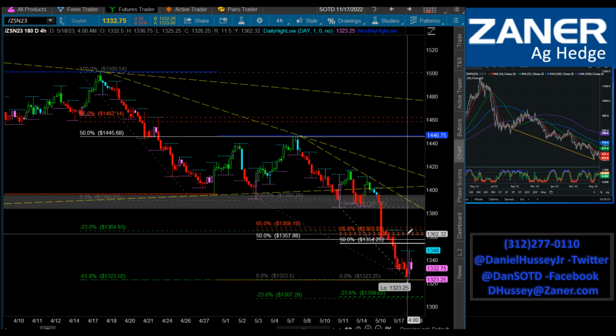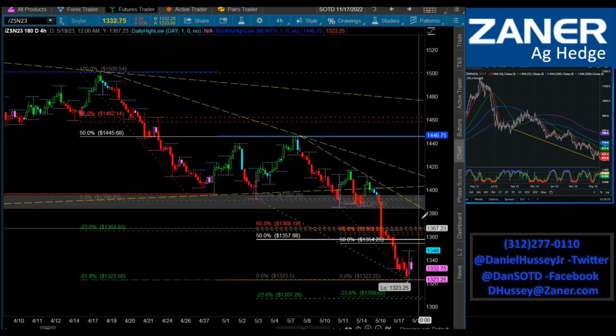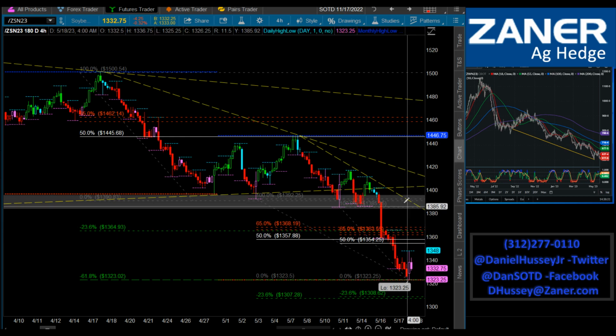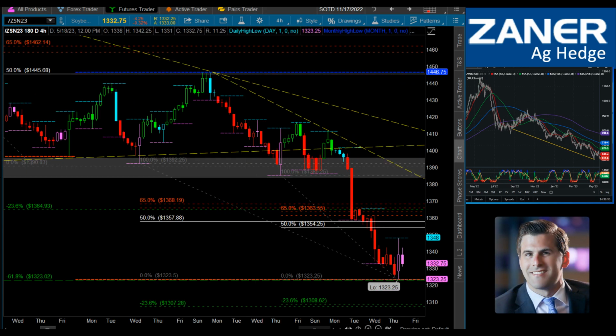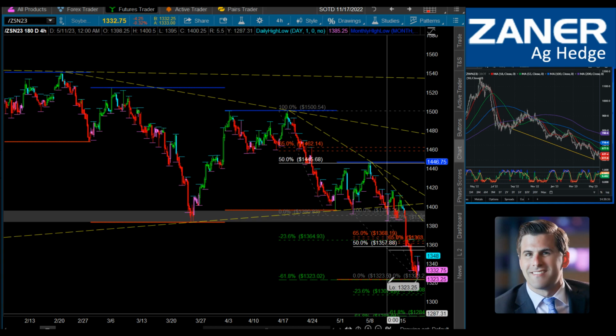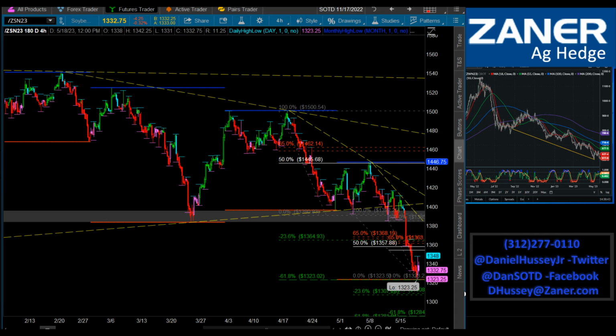But if we start to get above 1360 and start to see reasons for support, there could be reversal setups to be talking about, but you've got to wait for them to happen, because everything on this chart looks like downward sloping trend lines, lower lows and lower highs, extension shorts, 50% shorts holding. It's very technically being sold into. And regardless of what we think about carryouts and fundamentals,